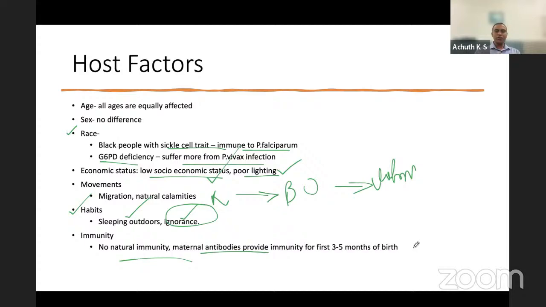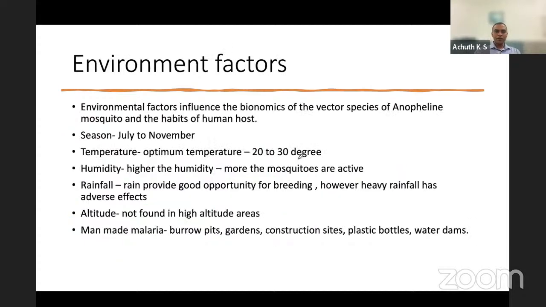and later the susceptibility of the child will be same as any other. Coming to the environmental factors, environmental factors actually play a very big role in the spread of infectious diseases, that is malaria, dengue, chikungunya and all. Malaria happens usually during July to November because of